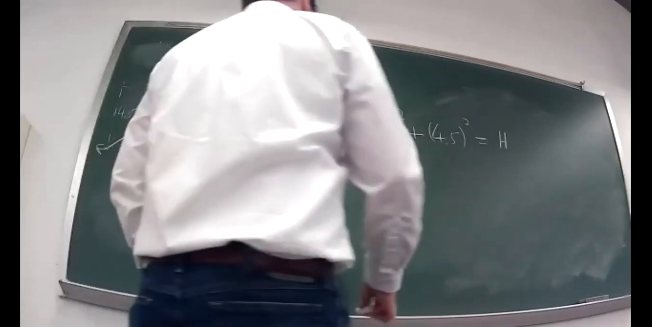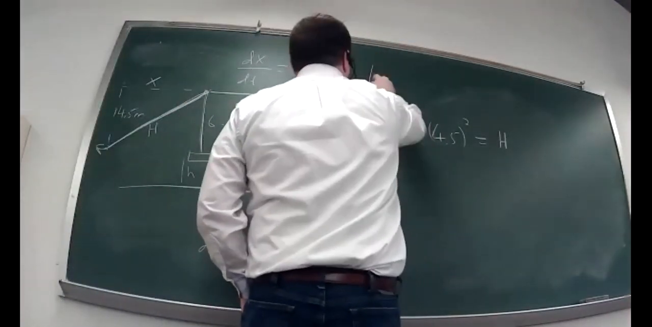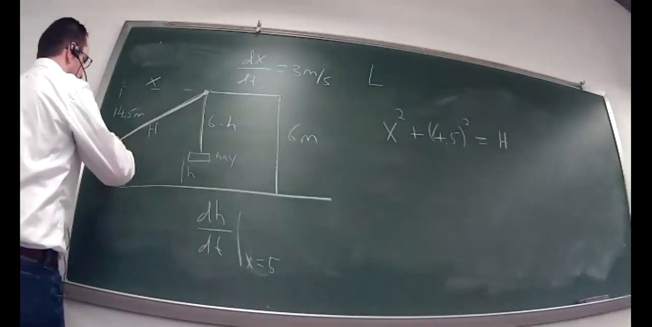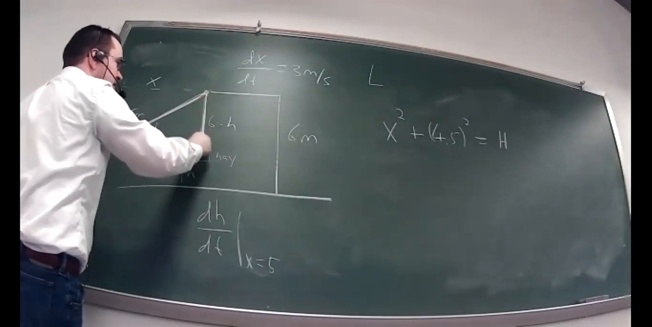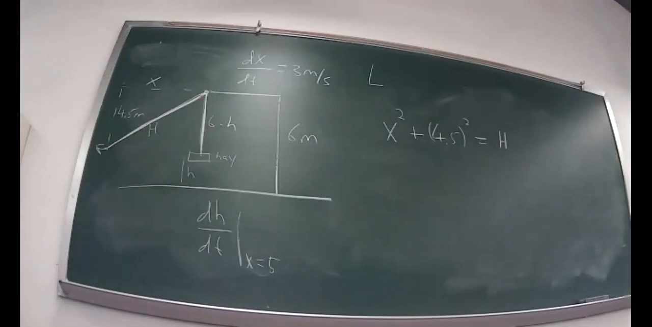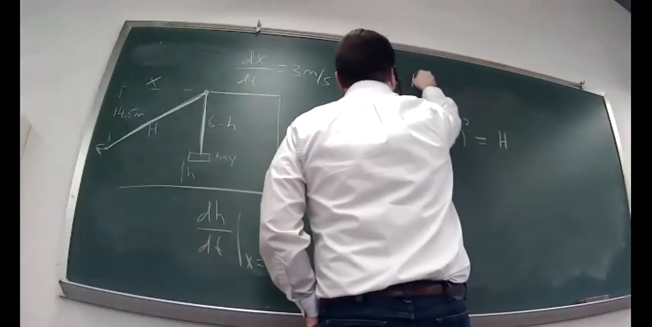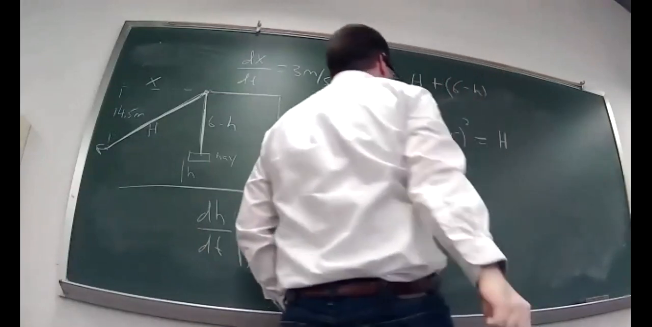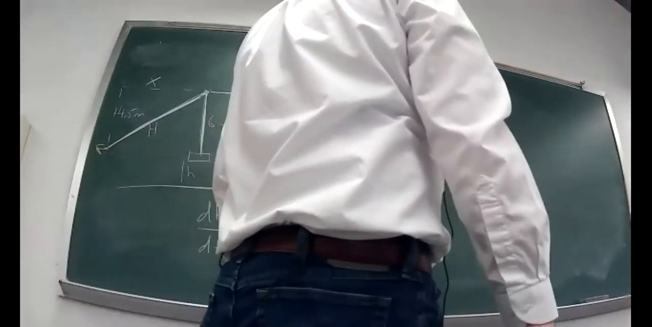So let's call, I don't know, and we don't know what that is. So let's call that L. Let's use L for the total length of the rope. And that total length is actually this distance, capital H, plus this distance 6 minus little h. So L is actually equal to h plus 6 minus the height,